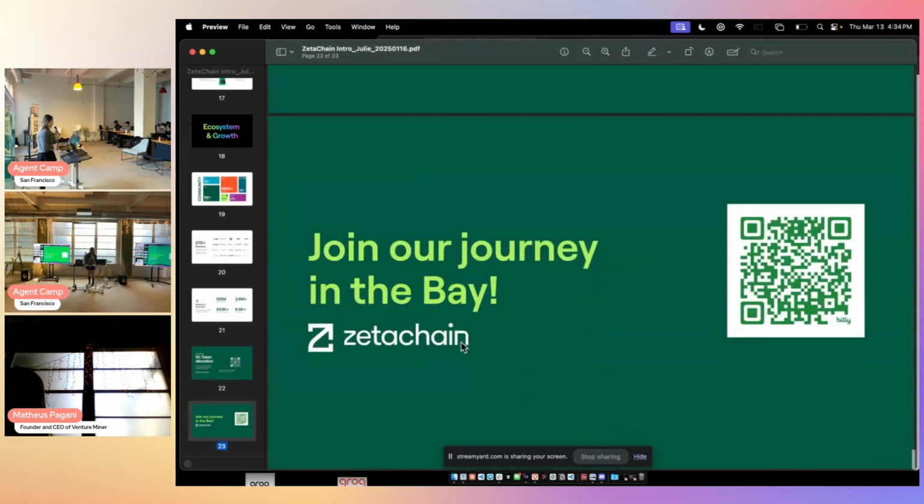And last thing, I know a lot of developers probably want to know more technical things, which I unfortunately cannot answer smoothly, but feel free to scan our code and get to know us or talk to our team through this channel. This is our Telegram channel. We're going to post a lot of upcoming events, hackathons, and integrations, so keep an eye on us. I'm Julie, so feel free to reach out through DM anytime.